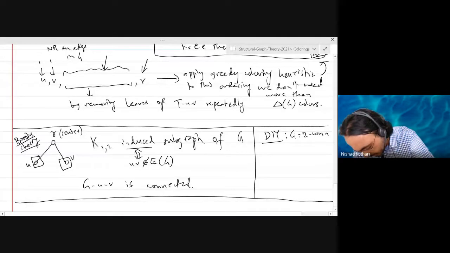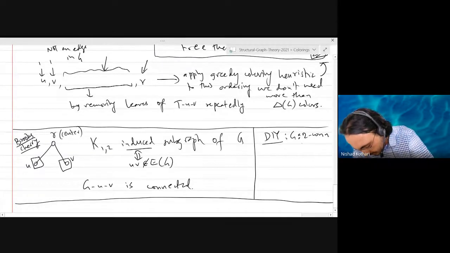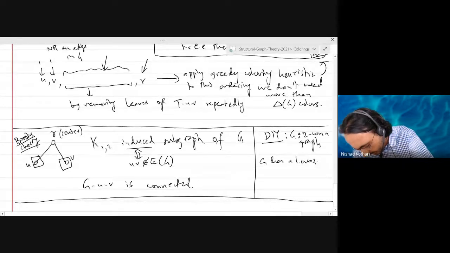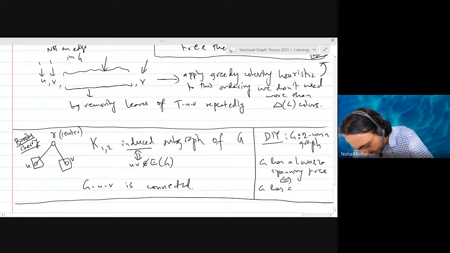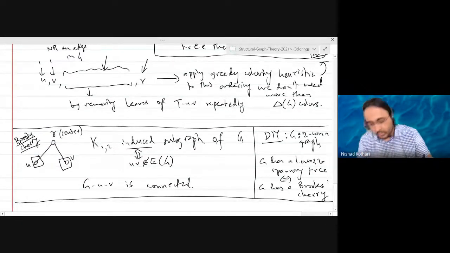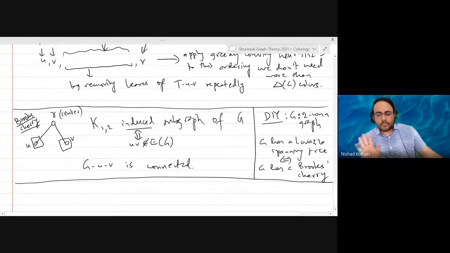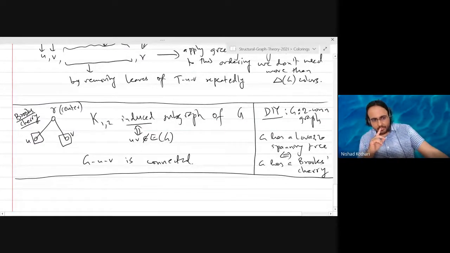What I want you to prove is that G has a lower spanning tree if and only if G has a Brooks cherry. Okay? Fine? I think one direction you can already see. If the graph has a Brooks cherry, then it is clear that it has a lower spanning tree. The other direction is